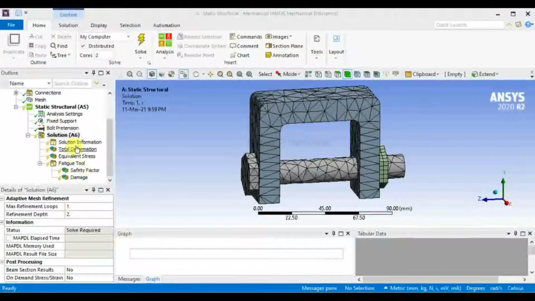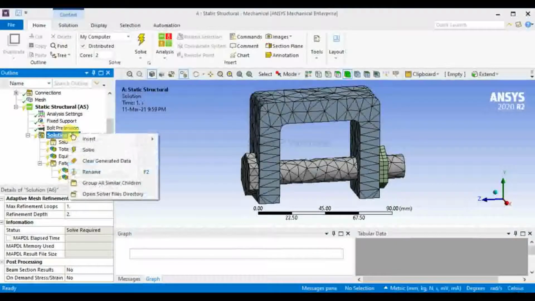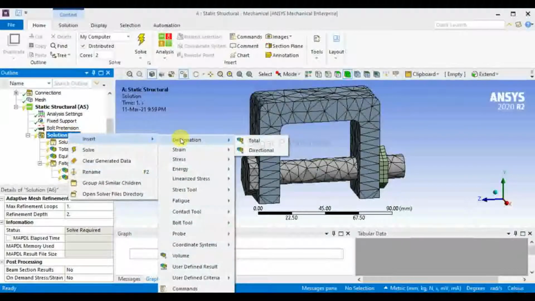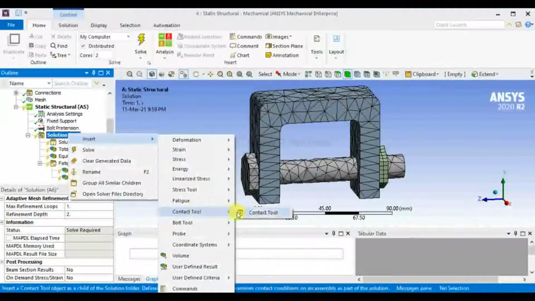I need to insert one more thing here, the contact tool in the bolt pretension. So I just click the solution A6, right click, insert, and click on contact tool.